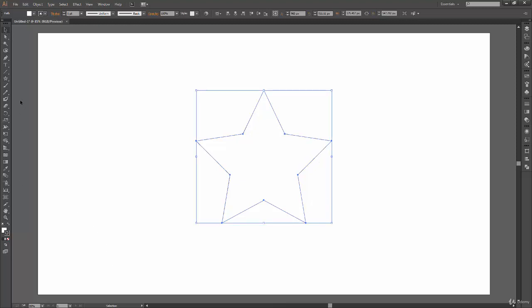Now to select the rotate tool, what you can do is either press R on your keyboard, that is the shortcut key for the rotate tool, or you can click on this rotate icon in your toolbar. So now you have your rotate tool selected, and immediately you can notice that when I switch my tool from the selection tool to the rotate tool, this bounding box disappears and I get a crosshair at the center. This is actually called a reference point, and your shape is going to rotate around this reference point.